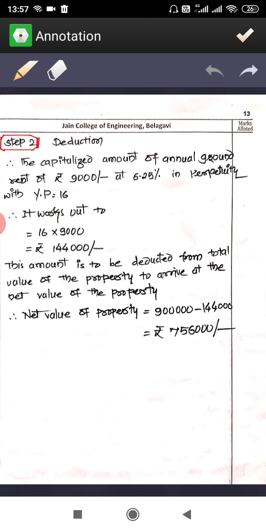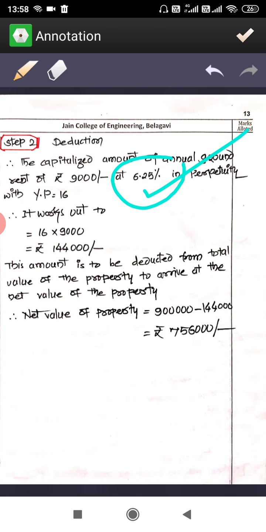So this is the problem you are going to get, and most probably this value, 6.25, will be given in the problem. They are going to mention it, because the rates are going to vary. If you take throughout India, even throughout the state, even according to the district, this rate is going to change. So I hope the examiner, or the person who sets the paper, will keep in mind that this value is given in the problem, to avoid confusion. If not given, the table will be available. You can go to the table, select the values, and go for the year of purchase. This is what we have learned from this problem.